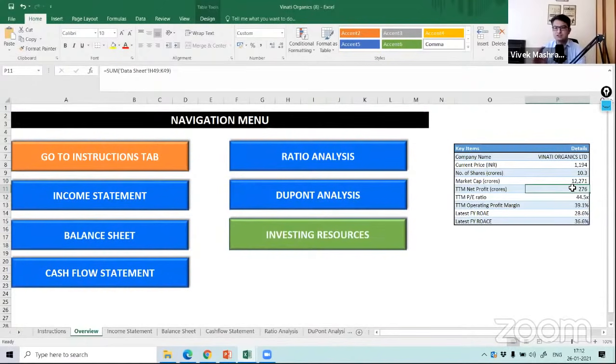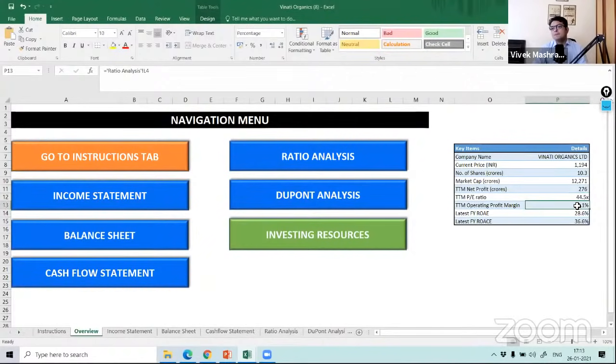It always makes sense to see the TTM data, or trailing 12 months data. So it will trail the data for the last 12 months instead of the financial year. That is what we have created. Again, as I said, this Excel is created very, very thoughtfully, keeping in mind all the things which I look at in investing parlance. So it is like the ultimate template you will find. And the best thing is it is free. You don't need to pay for this, and you save a lot of money by using this.